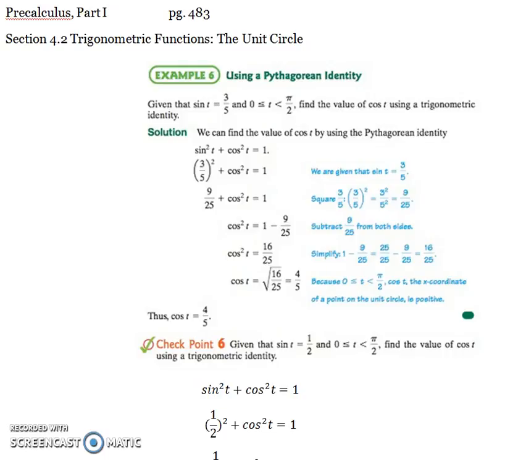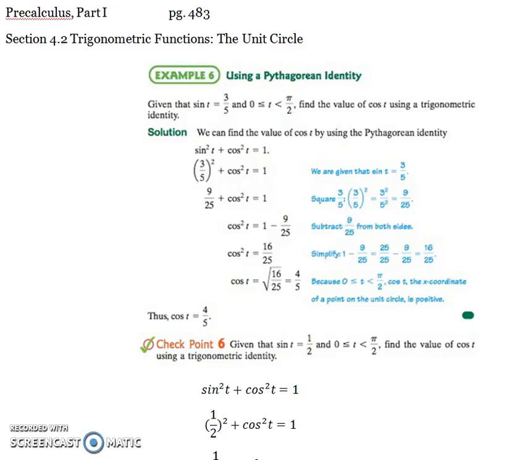This is Pre-Calculus Part 1, Section 4.2, Trig Functions, the Unit Circle, on page 483, Example 6, using the Pythagorean identity. If you know that the sine is 3/5, and you know that the angle is between 0 and pi over 2, which means it's in the first quadrant, instead of drawing the triangle, which you could still do, but it's the same idea,